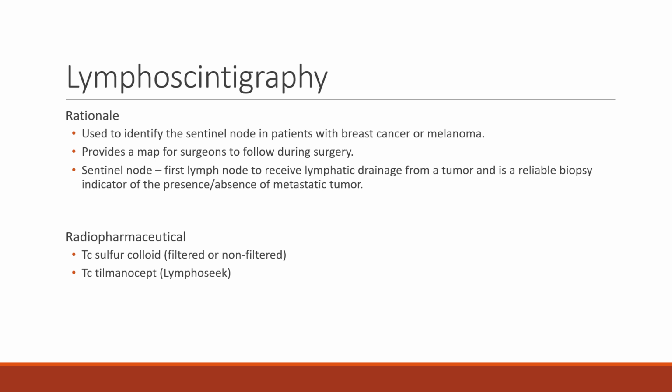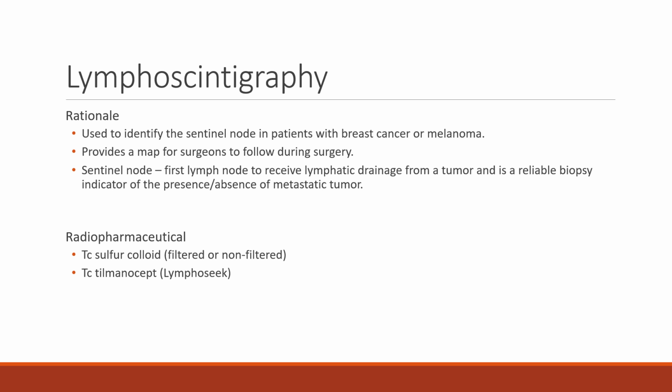Okay, so rationale for lymphoscintigraphies: looking at sentinel nodes for breast cancer or melanoma. This provides a map for surgeons during surgery. And what we're looking for with a lymphoscintigraphy is the sentinel node. Essentially, a lymphoscintigraphy can be done on any cancer that spreads through the lymph, because all you're doing is injecting and watching the lymph flow. So these soft tissue cancers like breast cancer, melanoma, head and neck cancer, vulvar cancer, which for some reason we see a lot of in Florida,